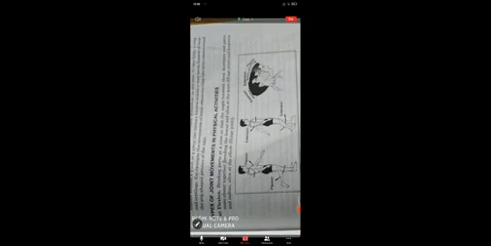Next type is pivot joint. These are joints with a rotatory movement in one axis. In this form, a ring rotates around a pivot, or a pivot-like process rotates within a ring formed of bone and cartilage. For example, in the movement of the head, the ring-like atlas rotates around the peg-shaped process of the axis.